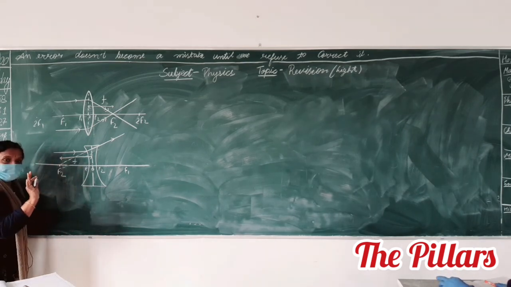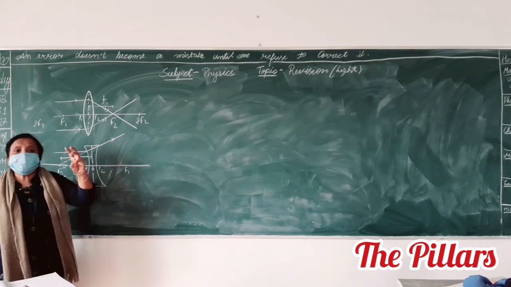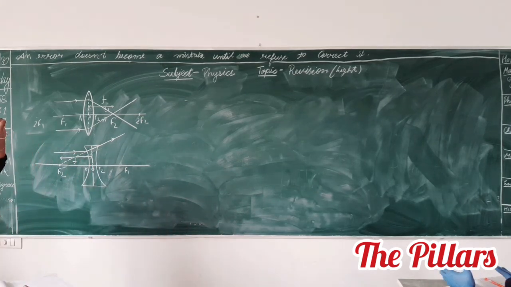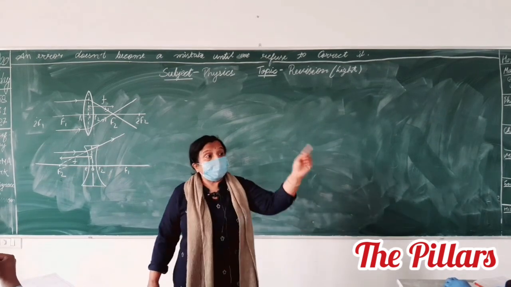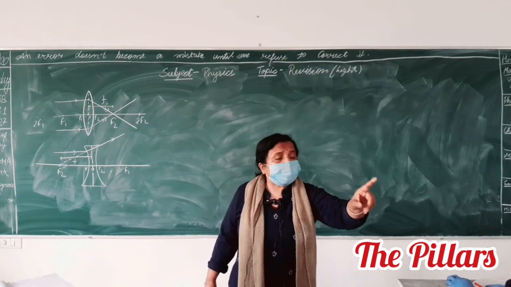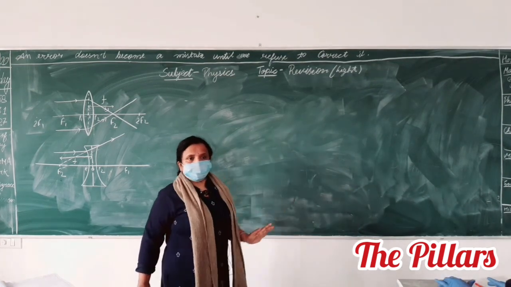Remember it. Clear? Now, after this, you may be asked the definition of optical center. In physics, whenever a definition is asked, the ray diagram is hidden. The question will not ask you to draw the diagram. You have to draw it yourself. Suppose it is optical center. So how will you define it? It's a point inside the lens on the principal axis. Any ray passing through it passes undeviated. Draw it and show it.